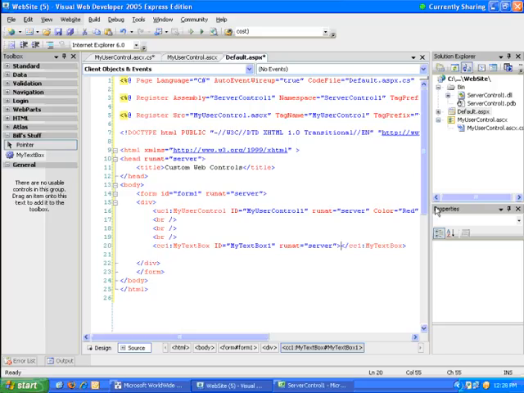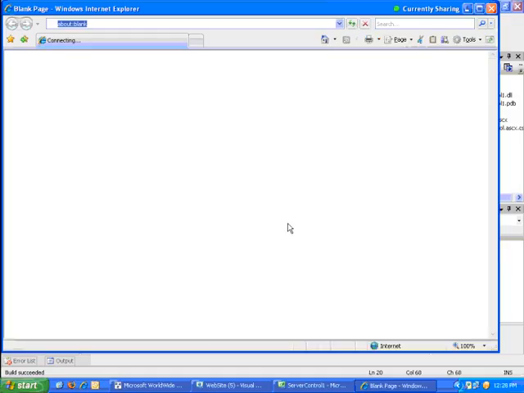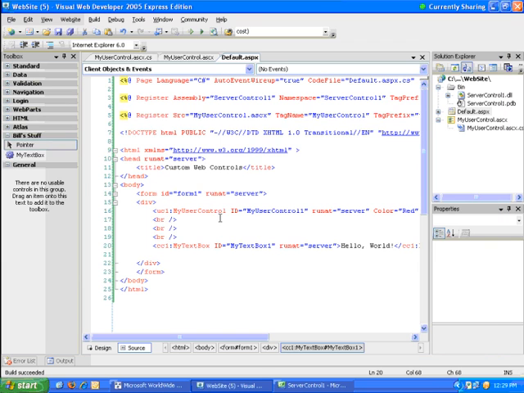So there you can see my text box, and I can put in code here. Go ahead and run that code. And we should get our application spun up with a text box that contains the words "Hello World" in it. And there you see my text box with the word "Hello World" in it. And I can edit this from here because it is a standard text box. Okay, so